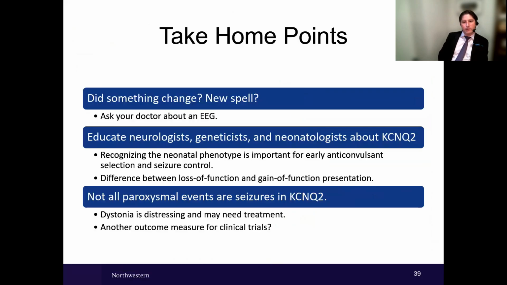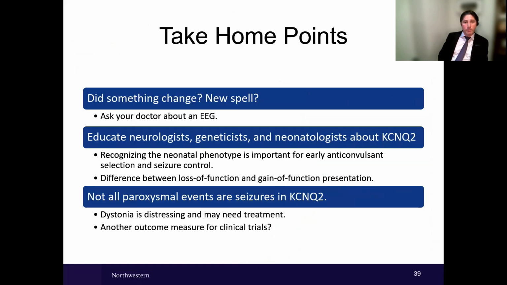So in summary, I have some take-home points. Did something change with your child? Is there a new spell that you're concerned about? I recommend asking your doctor about getting an EEG. It can be very helpful for differentiating these things, whether they're seizures or hopefully not seizures. And I think it's important for us, and now you as an informed and empowered parent, to educate your neurologists and geneticists and neonatologists about KCNQ2,